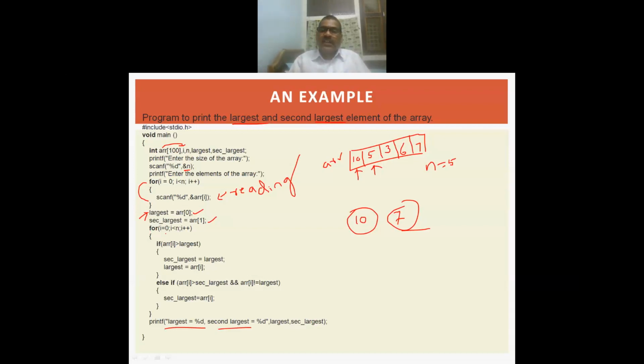Then I am starting from i equal to 0, i less than n, i plus plus, because you have n number of elements. So you have to search in all these n elements. So how are we doing? If arr[i] is greater than largest. Okay, arr[0] is 10. 10 is greater than largest, and largest is what? 10. So largest is having the value 10. Okay, so then largest is having 10 and second largest is having